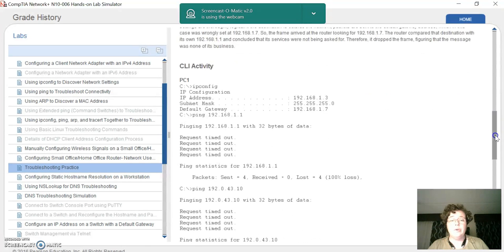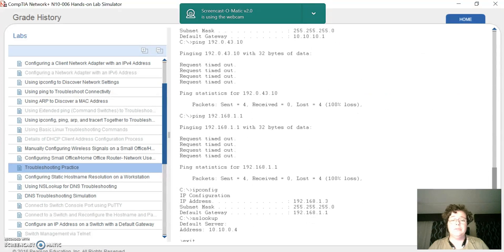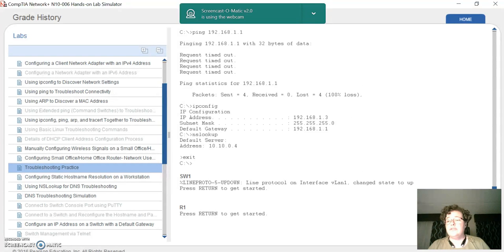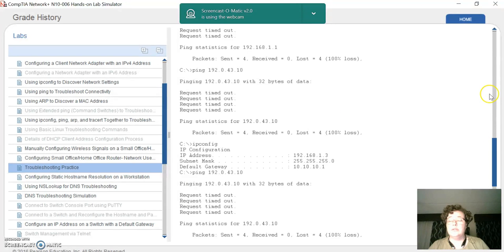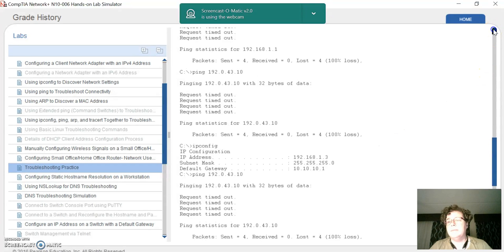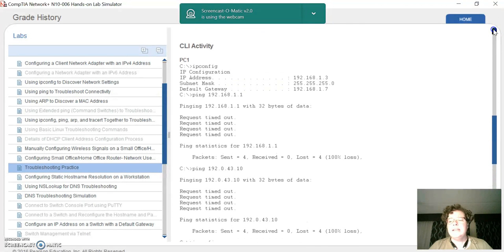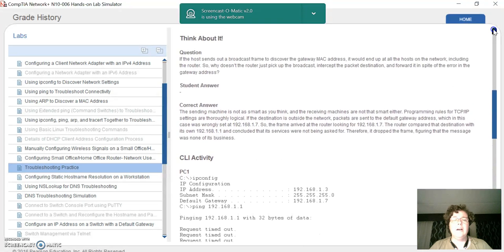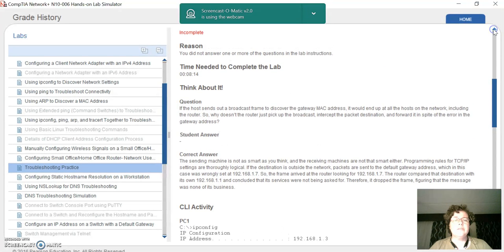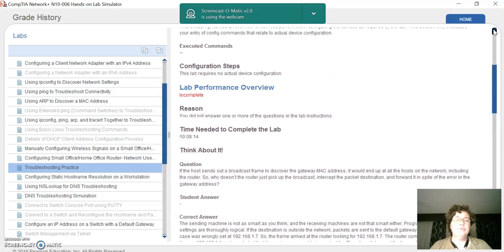That did not work. I tried it multiple times. I just could not get this to work, and I still don't know what the answer is. I actually even tried changing the default gateway to be one of the internet sites, and that also did not work. I was just trying to bypass basically the router. And so I really have no idea what was going on with this one and why I was unable to